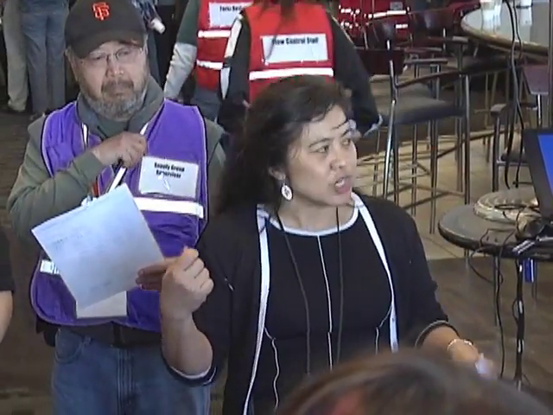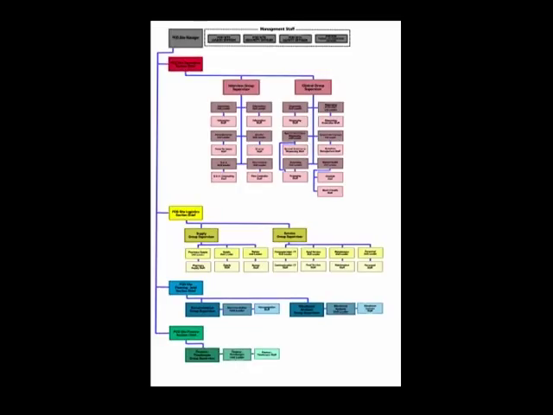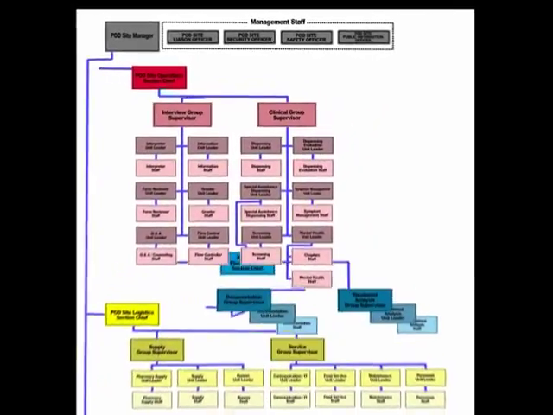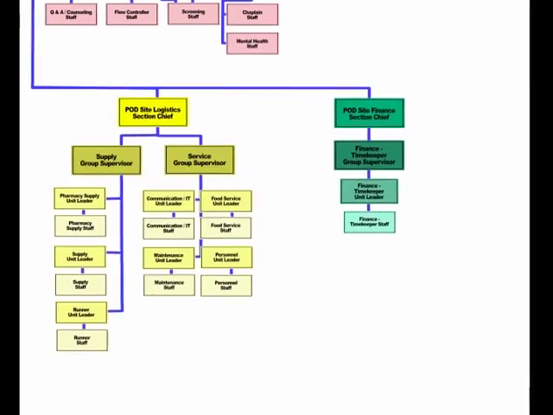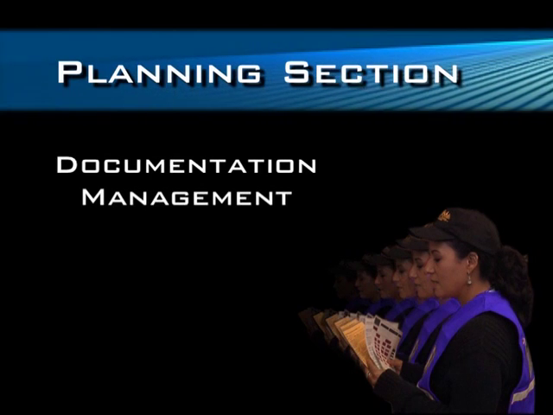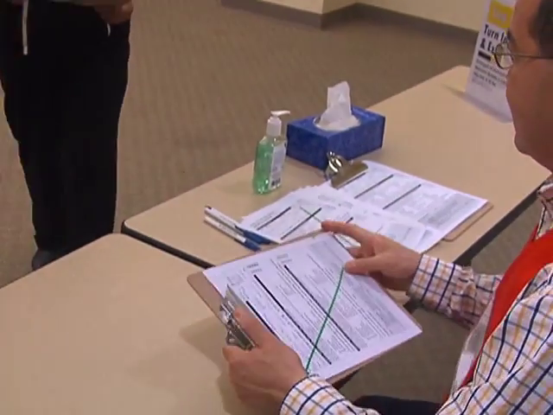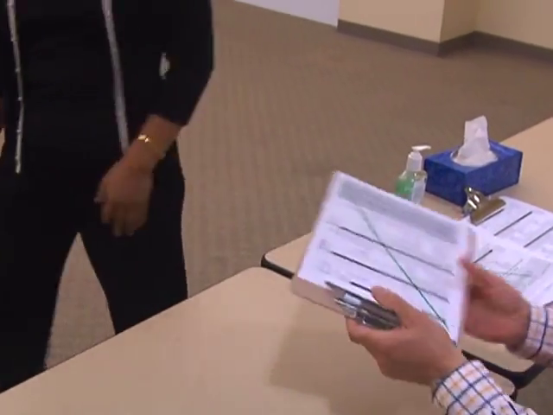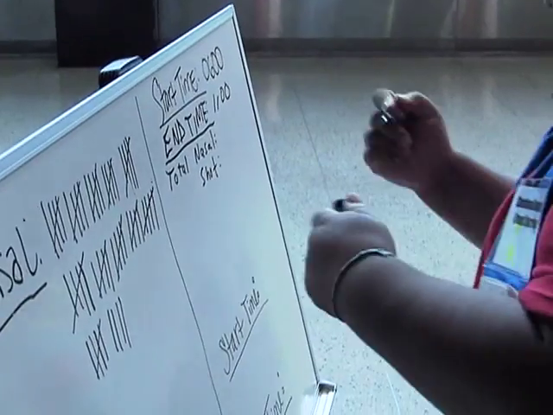As a member of the planning team at a point of dispensing site, you have an important role in making the pod successful. The planning section is the essential record-keeping partner of operations, just as finance is the record keeper for logistics. The planning section serves two important primary functions: documentation management and situational analysis. These are complementary functions because, as forms are collected, they can be used to monitor operations and calculate rates of